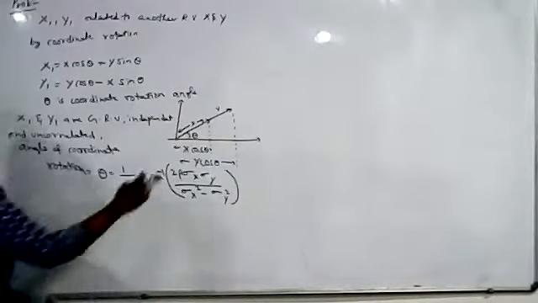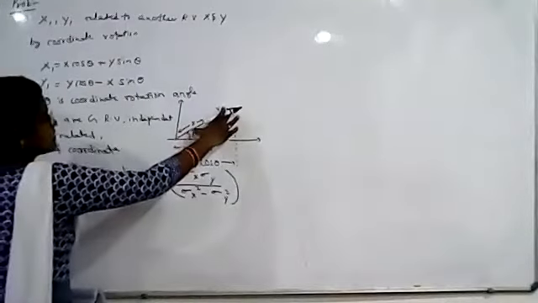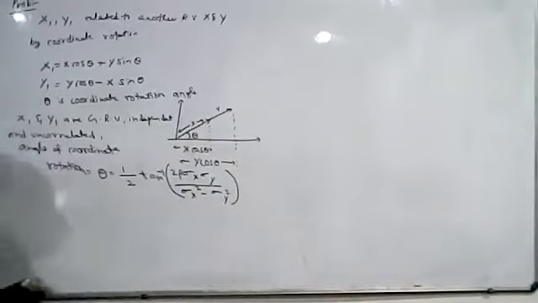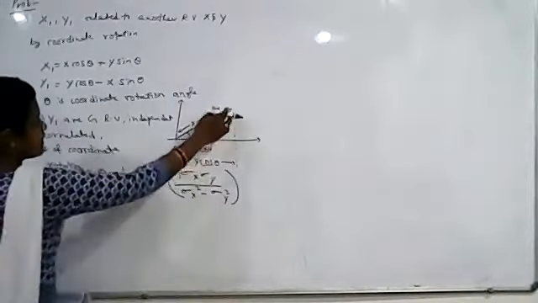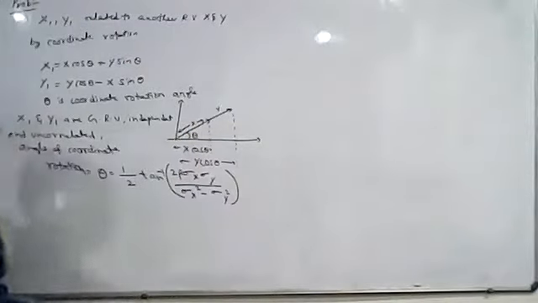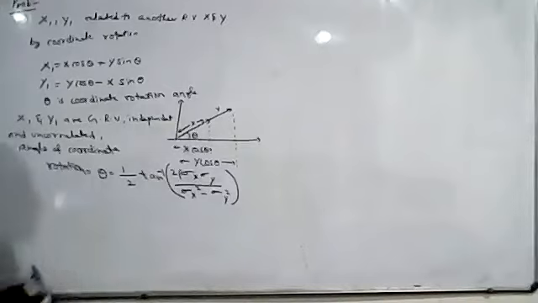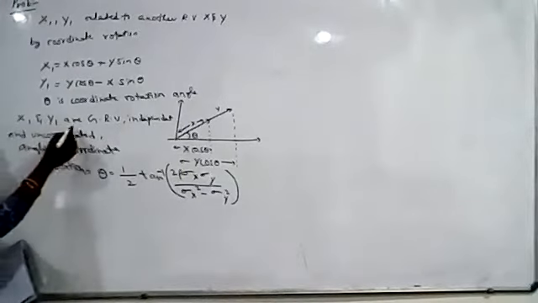Okay. So here this is the random variable x, whereas this is the random variable y. If theta is given like this, what does this indicate? This distance indicates x cos theta, and this distance indicates y sin theta. Sorry, x cos theta, and this distance indicates y cos theta. Okay. And here, x1 and y1, what are these?